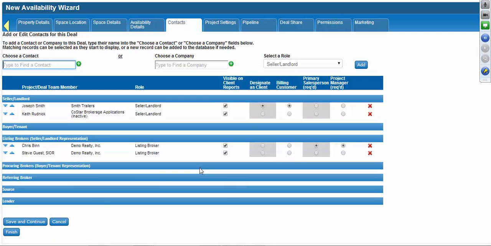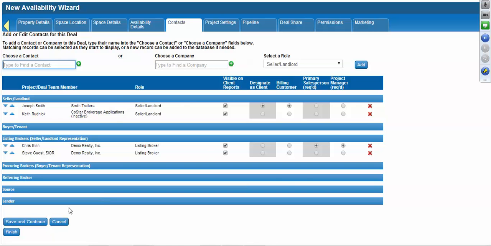All right, all of that to get to this. So you can see, here's my contacts. They're already brought over. Now, it added me here as a seller landlord, and I'm not quite sure why it did that. I'm going to have to check and see, because it shouldn't have. It should have added me not as a seller landlord, but as a person creating the record. But in any case, I did want you to see how it brought over the people who we